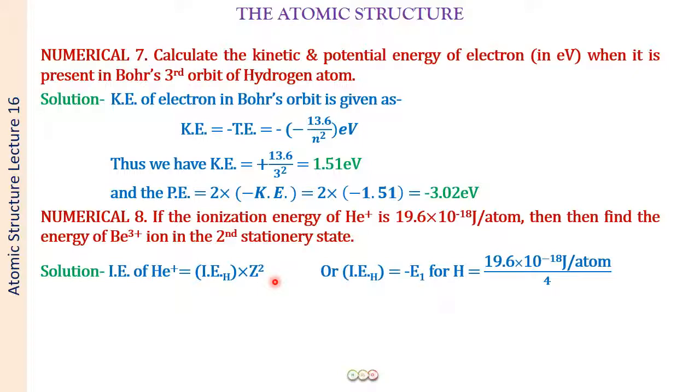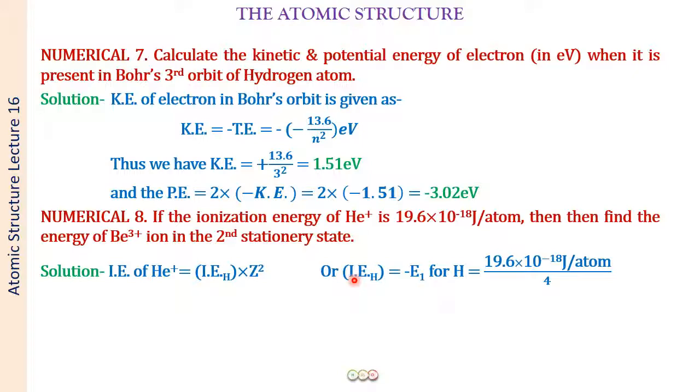So ionization energy of hydrogen is what? This is the negative of the first energy for hydrogen, right? So E1 for hydrogen, if you put a negative sign in front of it,